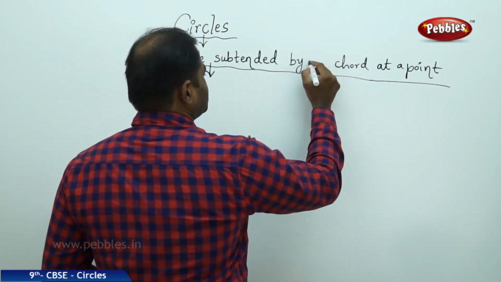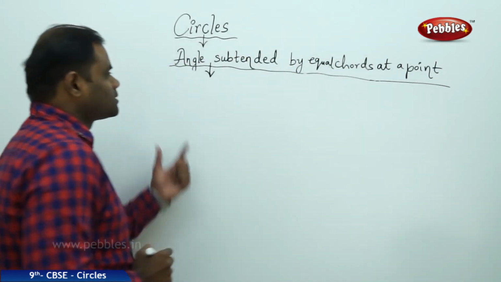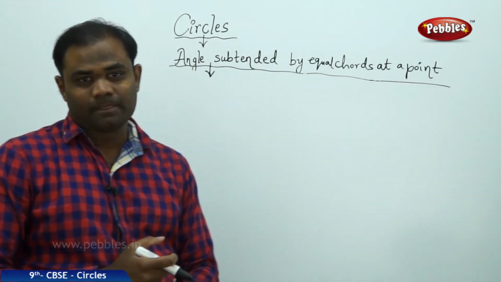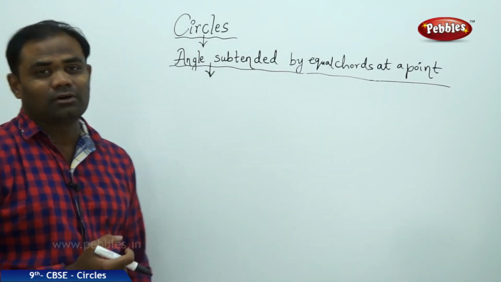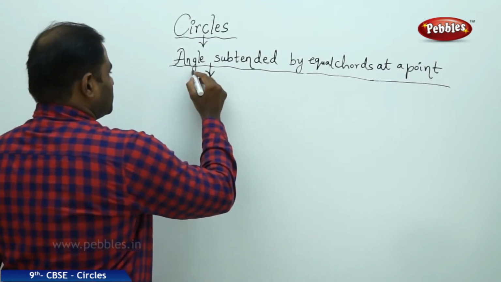So here my session is angle subtended by equal chords at a point. So let's see how the equal chords subtend an angle. So the property here says that